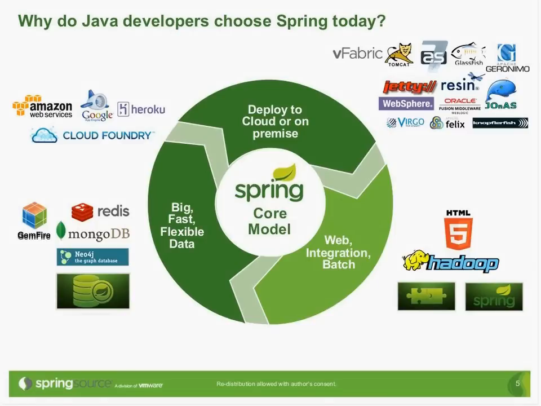Today, we've evolved quite a bit, and our focus is now on, first of all, having a common application framework that you can deploy transparently, either on a cloud, something like Cloud Foundry, or Amazon or Heroku, or on-premise. You don't really have to change any application code to do that. These things will deploy equally as well. We're also compatible with the major application servers, so completely interoperable with Resin, WebSphere, Glassfish, etc.